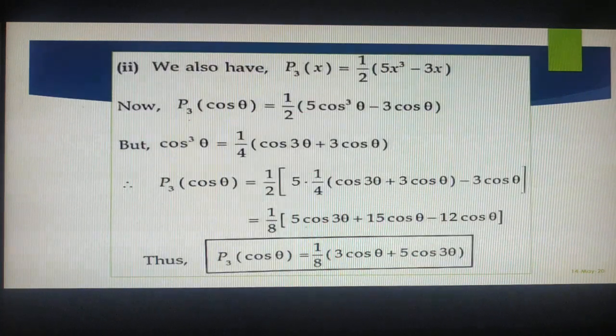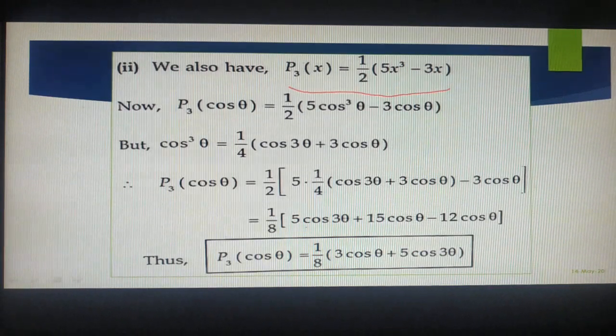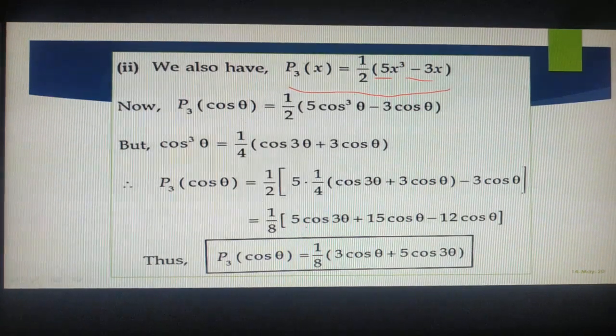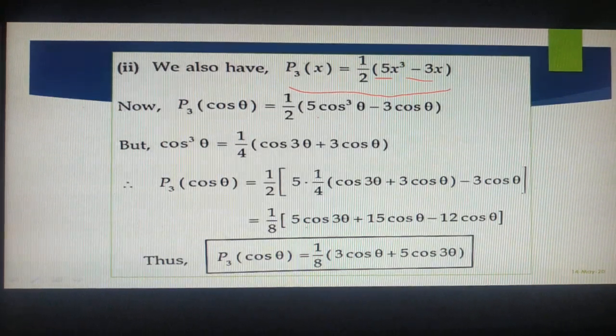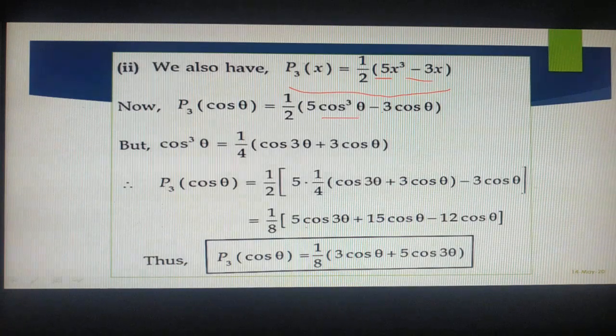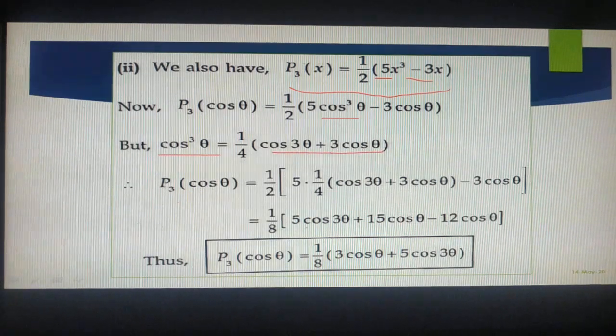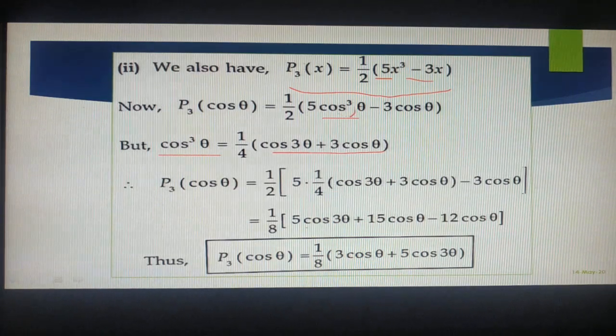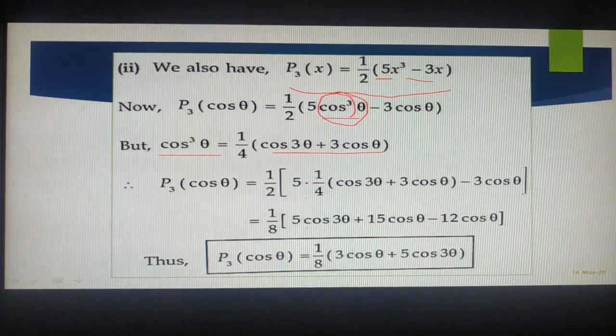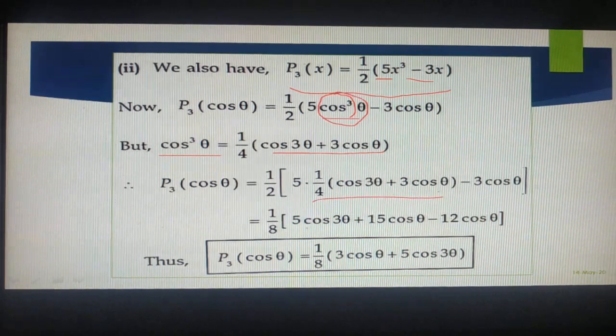As you know, from the formula, P3 of x is 1 by 2 of 5x cube minus 3x. Now in place of x I am substituting cos theta, so that will be 5 cos cube theta minus 3 cos theta. And again you know the formula for cos cube theta, that is cos 3 theta plus 3 cos theta by 4. Please substitute that, 1 by 4 of cos 3 theta plus 3 cos theta,